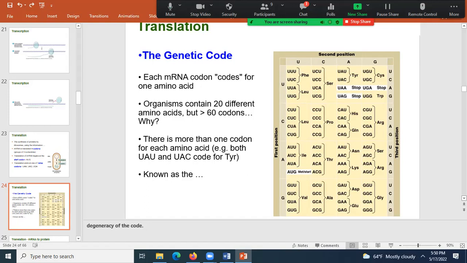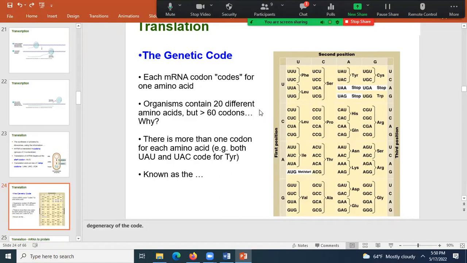Would it affect the length of the protein? The protein will not get any larger, because translation will stop once there's a stop codon. Oh, okay. Yeah. All right. So